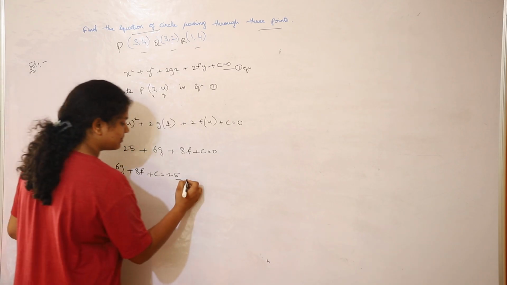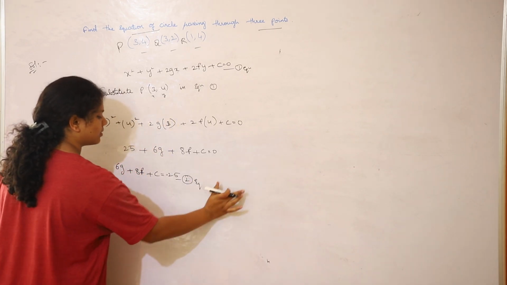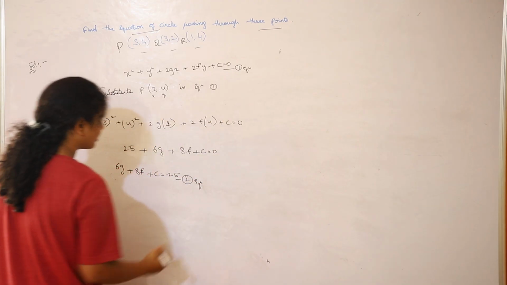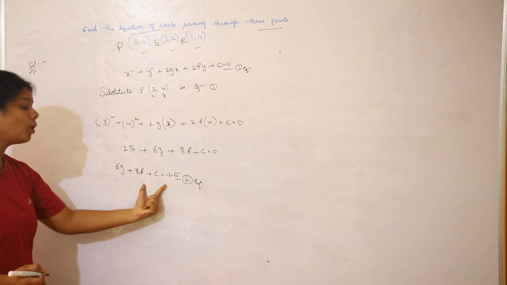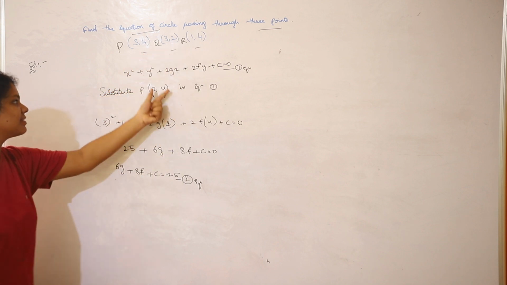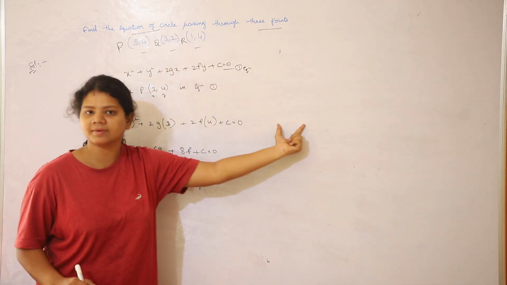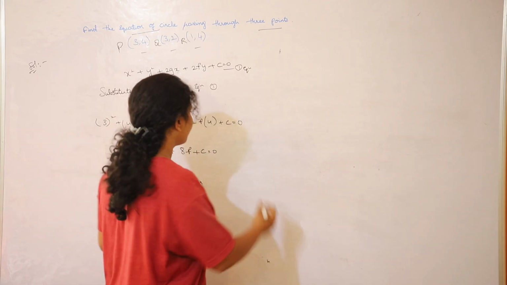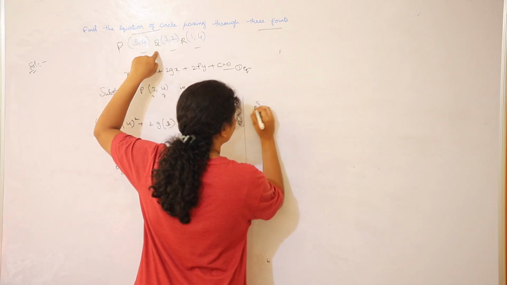Let's name this as the second equation, or equation number 2, because you already have the first equation. So this is the first equation, this is the second equation. You substituted the P value and got a whole new equation. Same as it is, substitute Q value in the given equation and get a new equation. Substitute R value in this equation and get a new equation. I'll be doing the process. Just do it fast, guys, don't wait for me, just do this process. Until then I will explain.